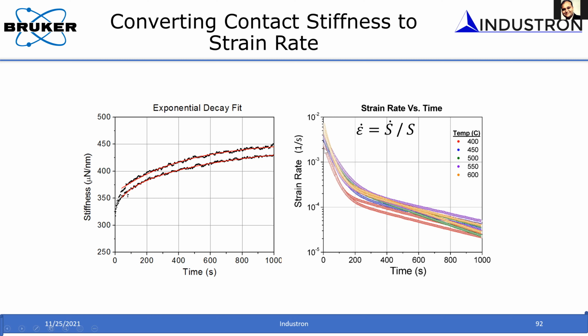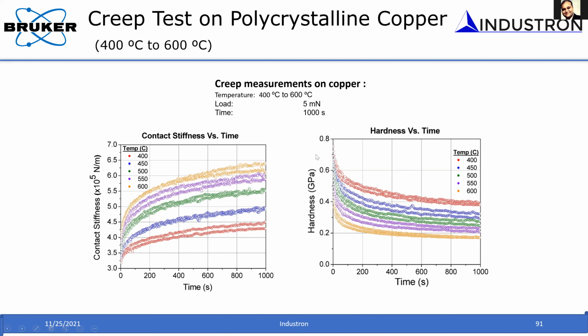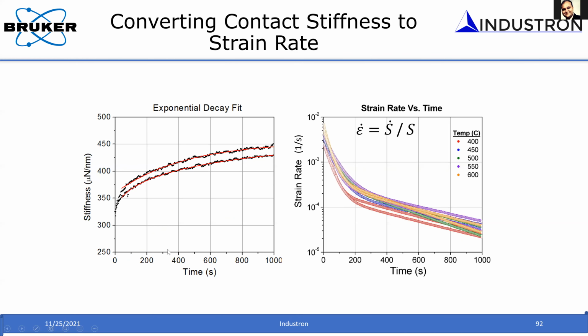And by measuring the strain rate as a function of time, and also measuring the hardness, basically the stress. Hardness is nothing but the mean stress. You can measure the stress as a function of time. You can measure strain rate as a function of time. Using those plots, if you plot the strain rate versus stress, you can